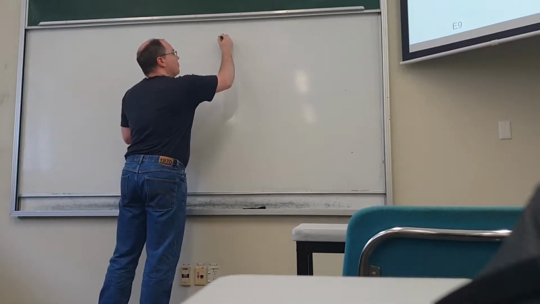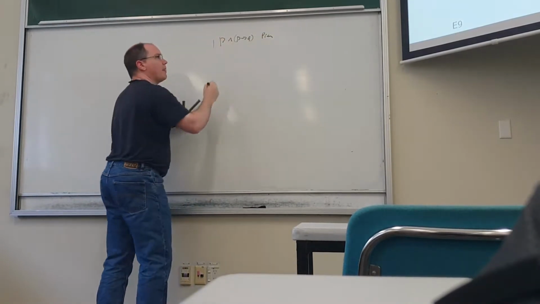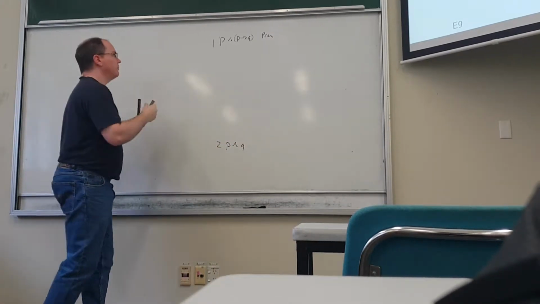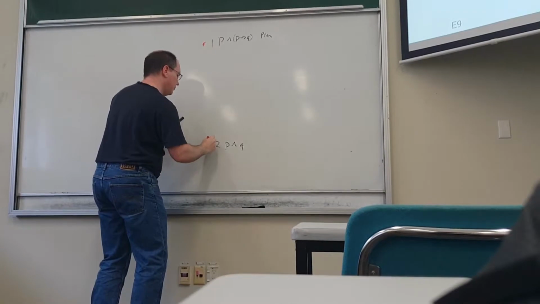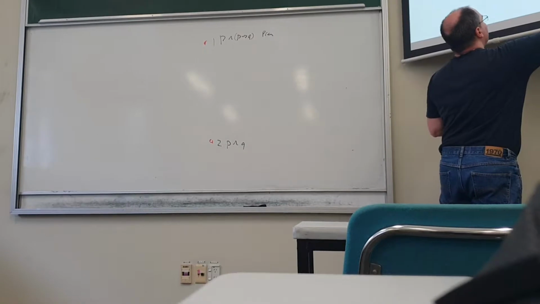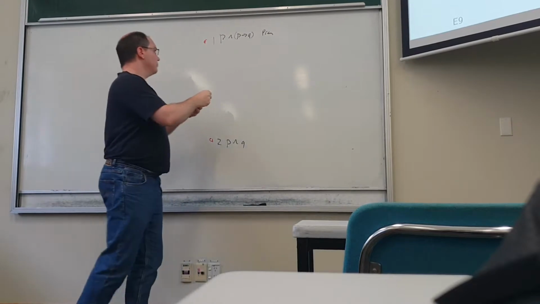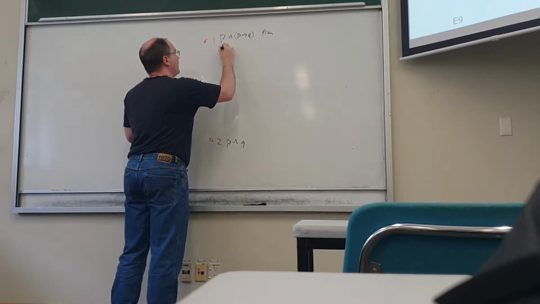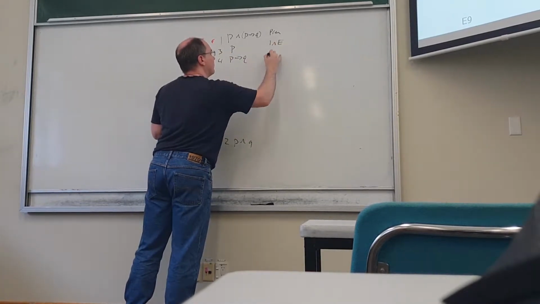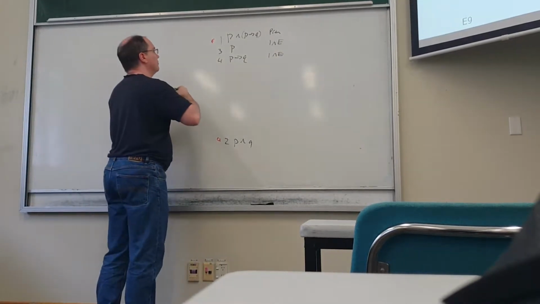So that says P and P implies Q is a premise. P and Q is our conclusion. Those two come from A. Now the first thing we're doing is conjunction on the left. So we're breaking down a conjunction and we're keeping both of those. So that tells us we're going to get P from here, and P arrow Q from here. And those both come from